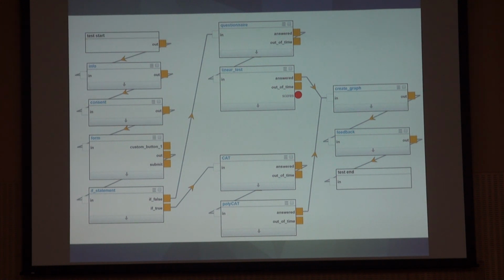So we created a thing on top of that for Concerto. This was used recently in health testing, where they've got polytomous questions, but we're trying to get as much information on anxiety or physical function as soon as possible. And then some feedback things, so creating graphs, showing feedback, which is basically if score is between 0 and 10, then show this feedback. If score is between 90 and 100, then show that feedback.